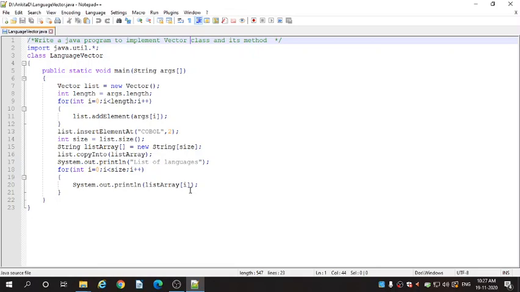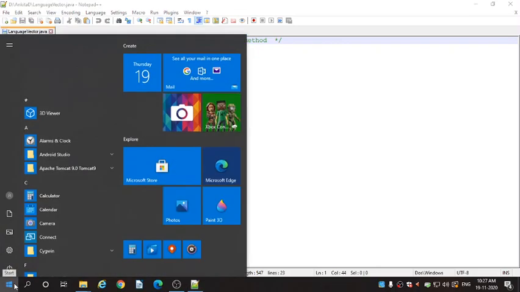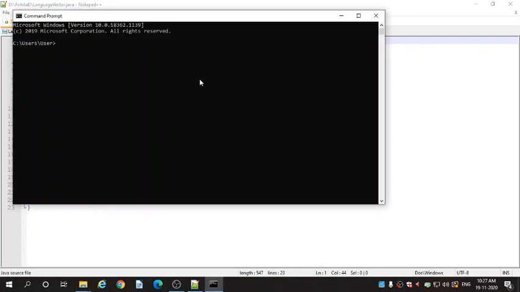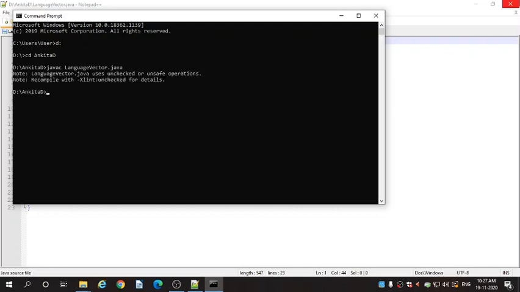To execute this program, open command prompt. Go to D drive, then cd and enter into your folder. Then the compilation command is javac, program name, that is LanguageVector.java, and press the enter key.